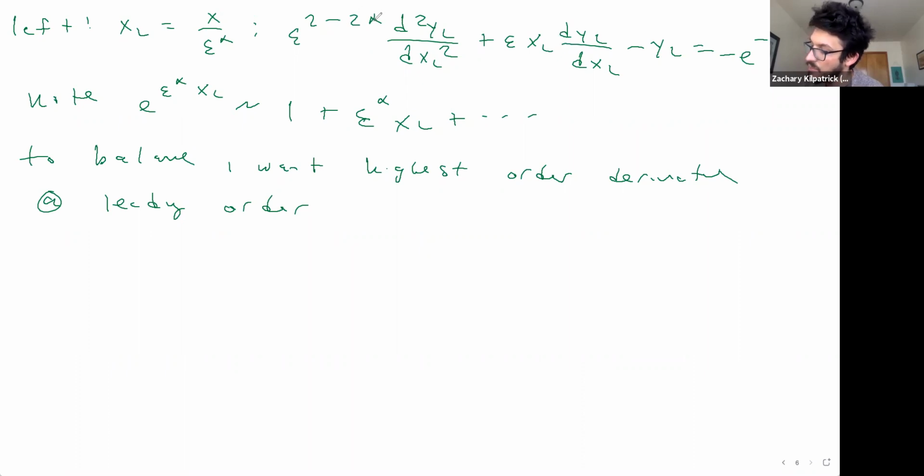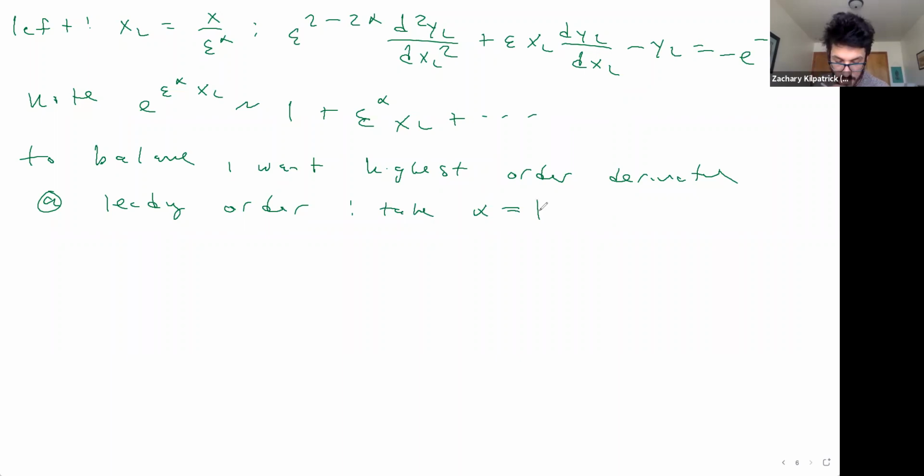But if we chose alpha equals 1/2, notice that at leading order we would still have just the same equation that we had before, which is not going to provide us with anything new. So we need to bring these higher order derivatives into the problem, and the only way to do that is to set alpha equal to 1. You can't do it by setting alpha equal to 0 or alpha equal to 1/2. Okay, so we're going to take